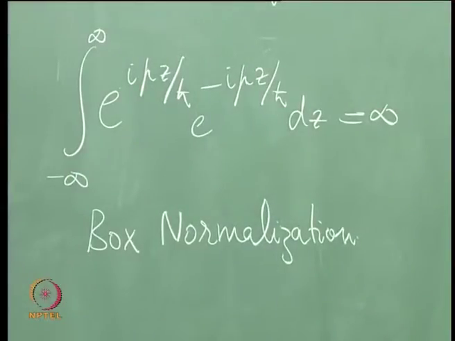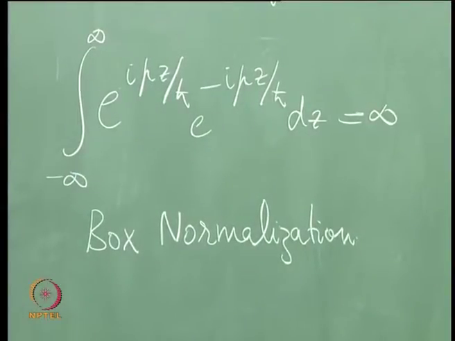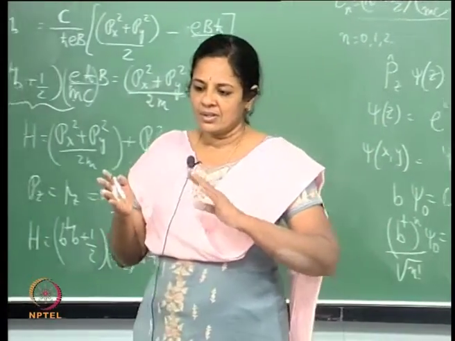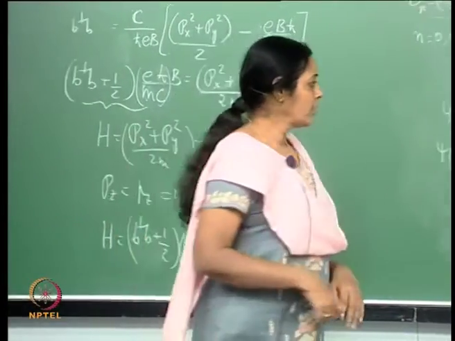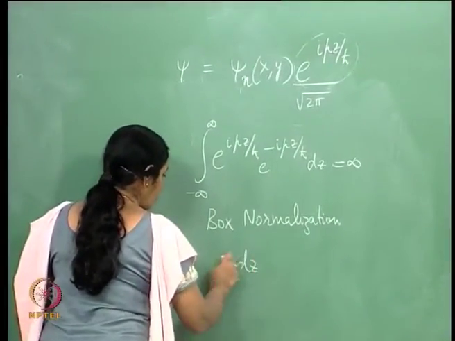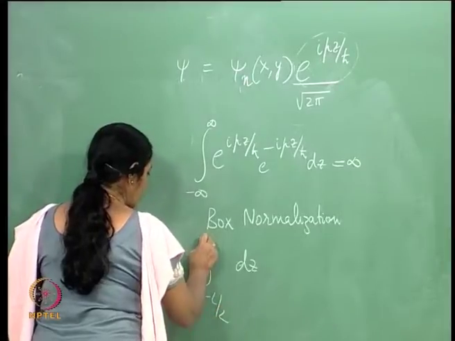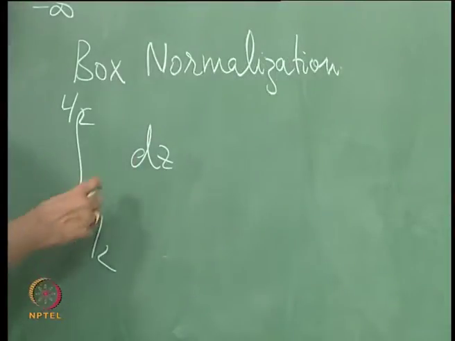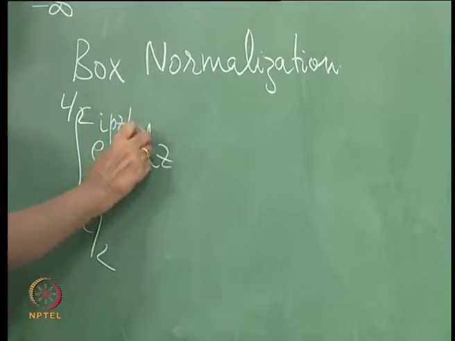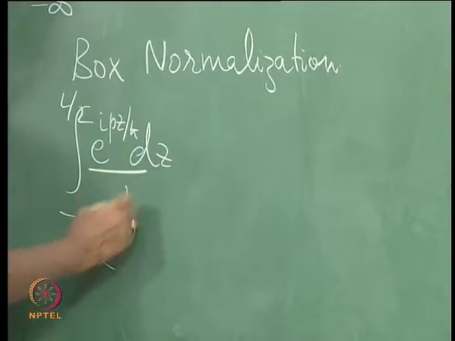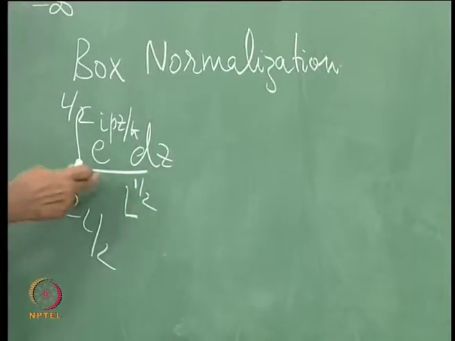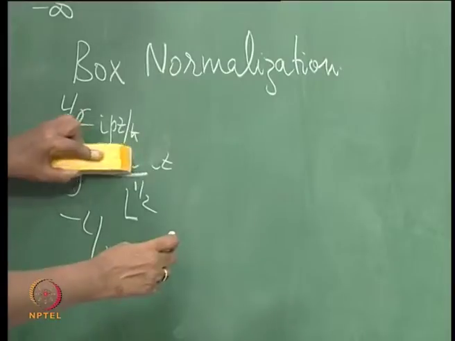In one dimension, for instance, you imagine that the particle is really moving freely within a box, let us say of size L. So the box goes from minus L by 2 to L by 2. In that case, if you started with e to the i p z by h cross, divided by L to the power of half, it is clear that this is normalizable. If this is the wave function,